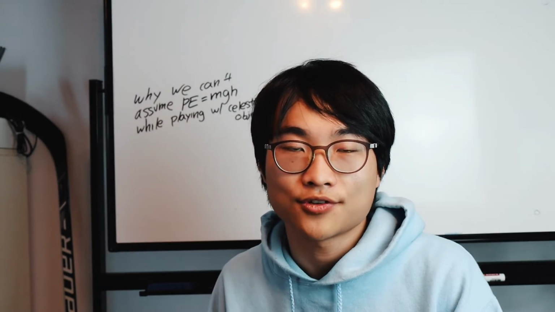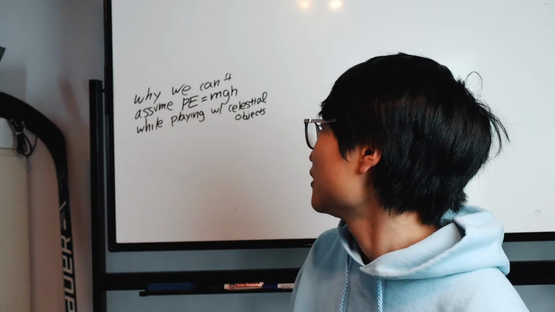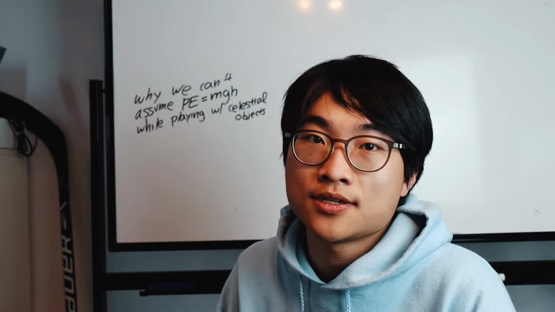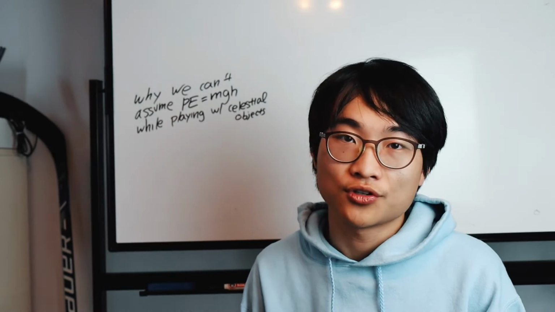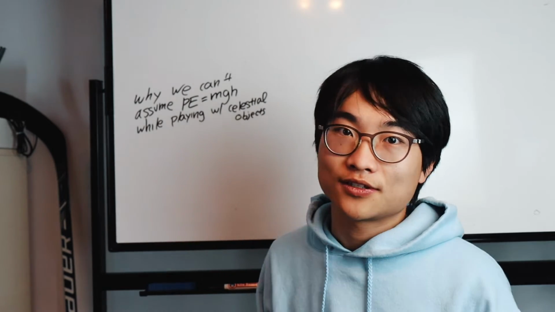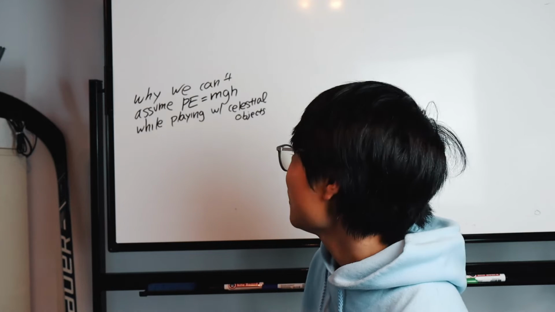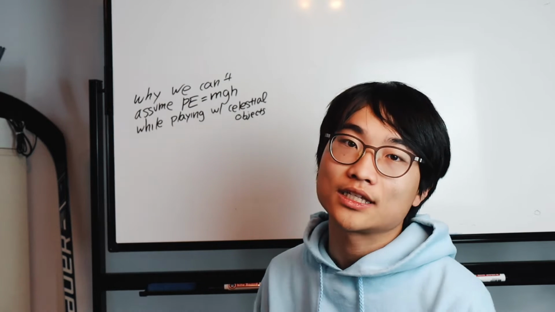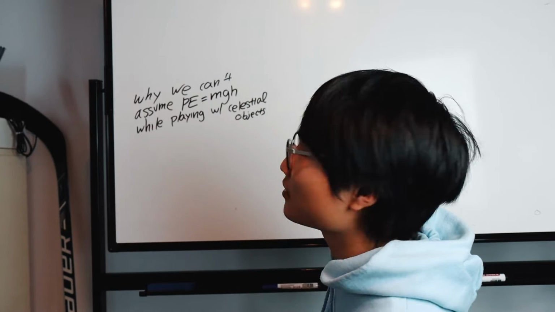I am a high school student interested in pursuing astrophysics in a postgrad institute, and I just wanted to talk about the universal gravitational potential energy, which is quite different from what we learned before this class. So, why can't we assume the potential energy equals mgh while playing with celestial objects? The number one reason is because